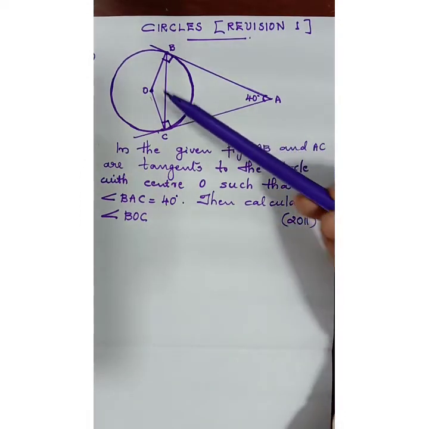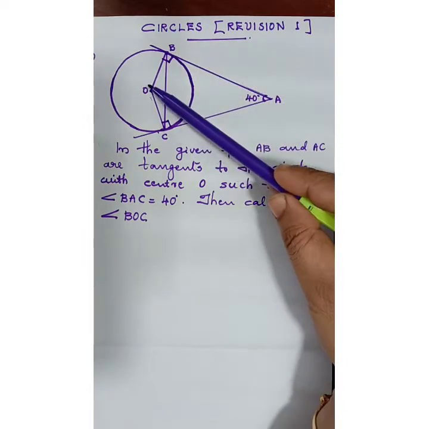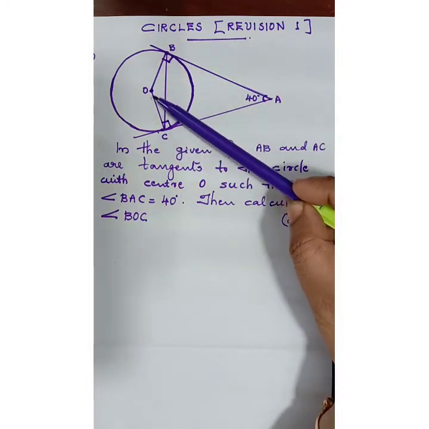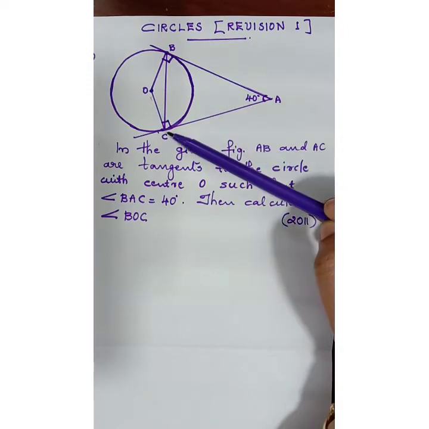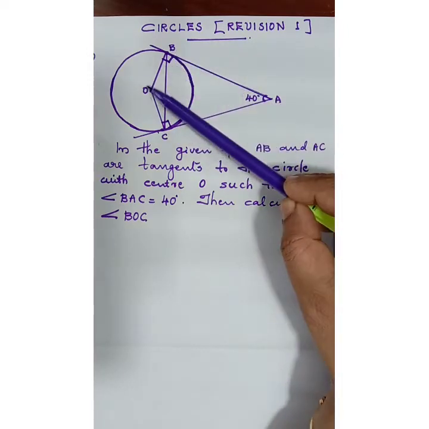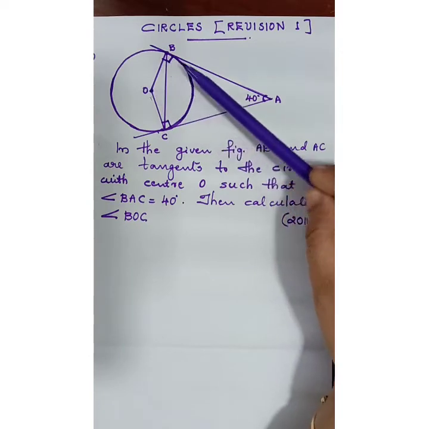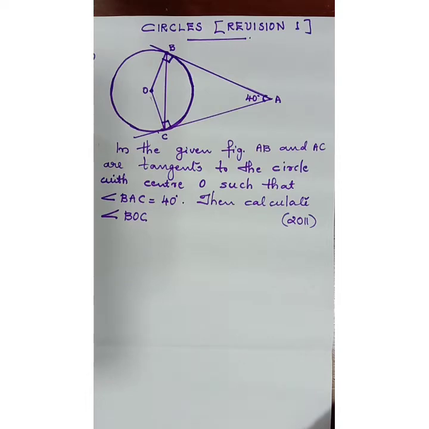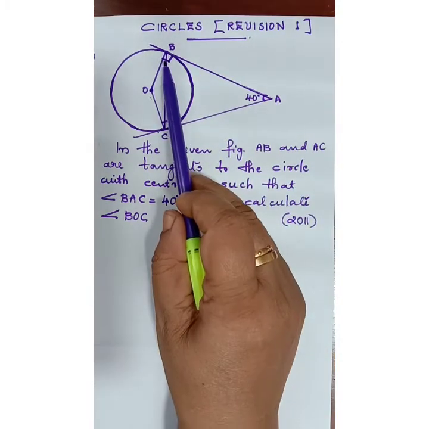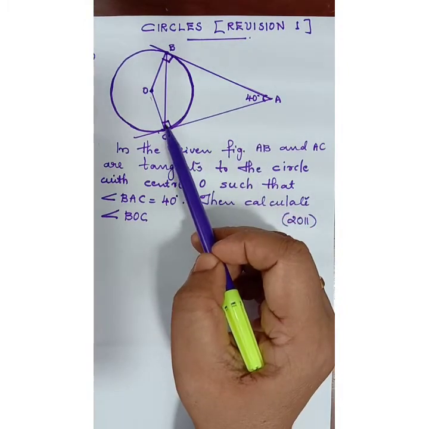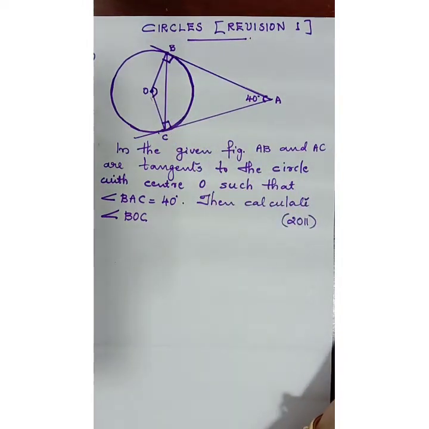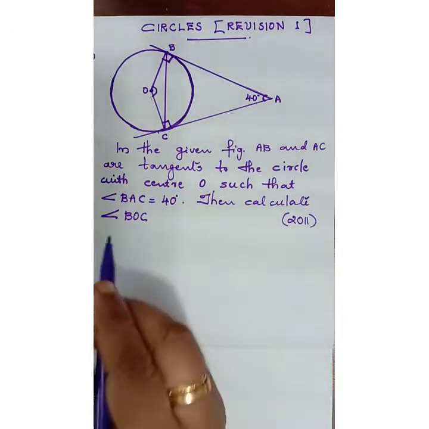So here the figure OBAC. Is it a quadrilateral, four-sided? OB, BA, AC and OC. Four sides are there for this figure OBAC. Okay, it's a quadrilateral. So the sum of angles of a quadrilateral we know is equal to 360. Therefore, this 90 plus 40 plus 90 plus this angle BOC, which is to be found out, the total is equal to 360 we know. From which we will be able to find out very easily. So let us write the steps.